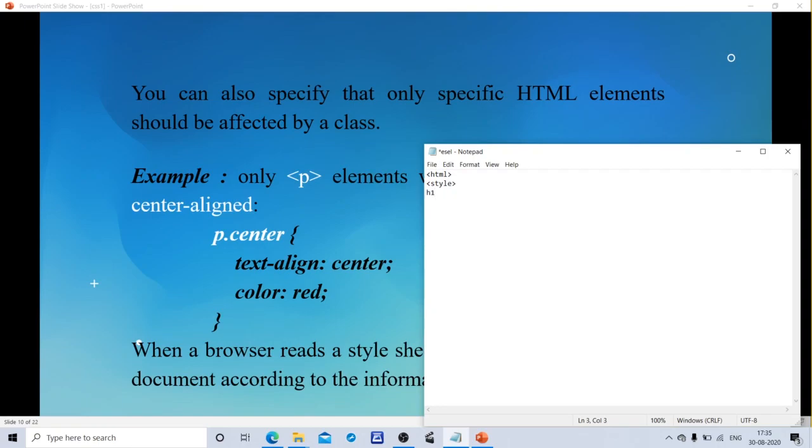Selector and declaration block. Here our selector is h1 and the declaration block with the property name color, red, terminate, close. For which tag am I using this style? h1. This is h1.